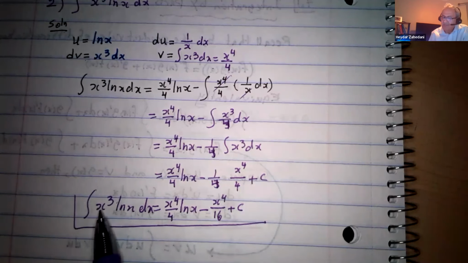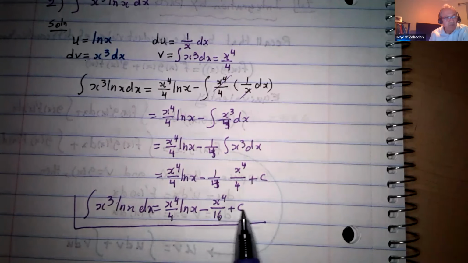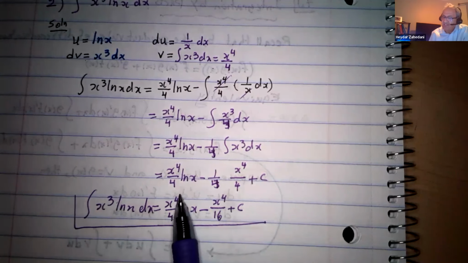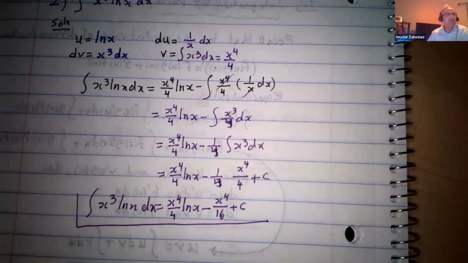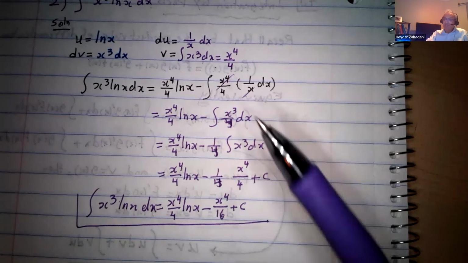So this means if you have x squared, it would be x to the 3rd over 3 ln x minus x to the 3rd over 9 plus c. If it is x to the 5th, x to the 6th over 6 ln x minus x to the 6th over 36 plus c. So you can find a general formula for all of them, but remember, on the test, you have